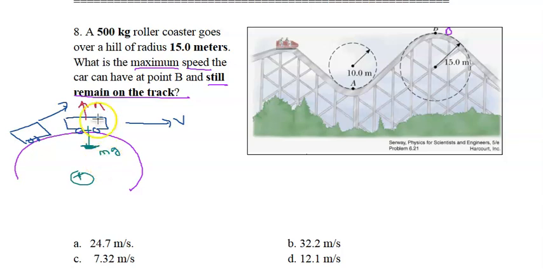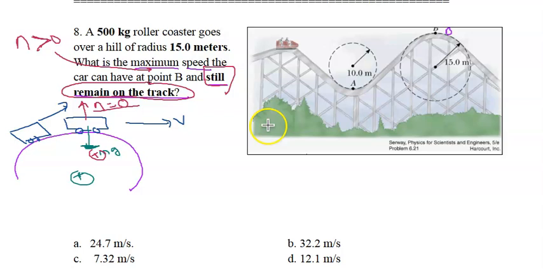So since mg is in and n is out, mg is going to be positive and the normal is negative. But the other thing you must memorize is remaining in contact means there is a normal. So that's what the maximum means, is that the normal is on the cusp of being 0, and then if I went any faster, the normal would be negative, meaning I'd lost contact. Okay, so the max min means I'm going to set this equal to 0, and that's kind of my don't go faster than that